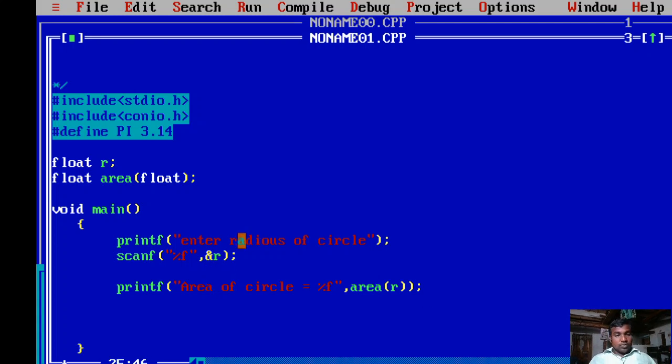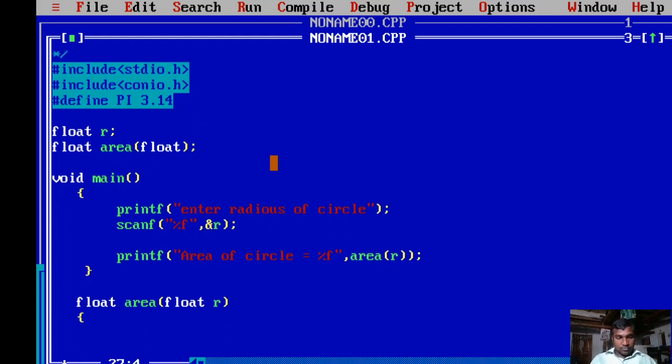Here in our program, this is the main function section. After the main function section we need to write one user defined function section, that is area. It is receiving a variable of float type, and that variable is the radius, some k.